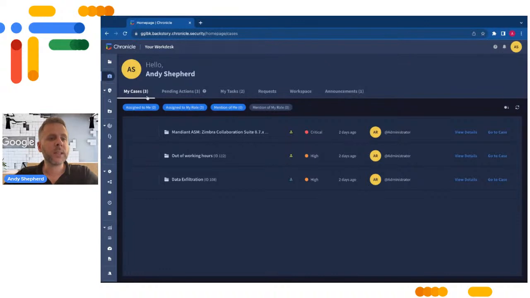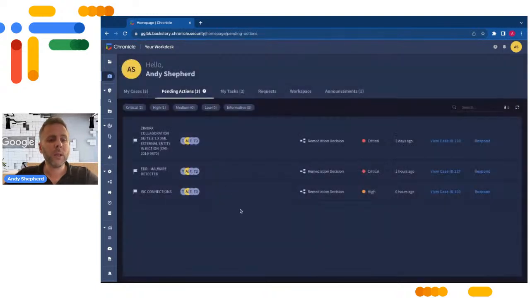So first off, we can see all the cases that are assigned to me or to my role. And here we have 3 cases that I was working on yesterday. We can see the severity, how old they are, and so on. We also have pending actions. So we'll see the playbooks in a couple of minutes. But a pending action is where a playbook has been processing an alert, it has stopped and it wants a human decision. So if we actually just take a stop here for 1 second, just to kind of frame this